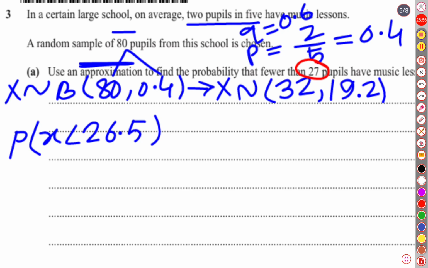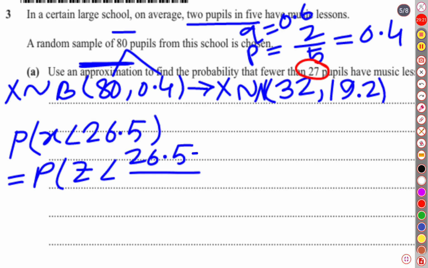Whenever you convert a binomial distribution into a normal distribution, you must not forget to do continuity correction. Okay, well, now we will standardize the score as we did in the solution to question number 2. Then z is less than